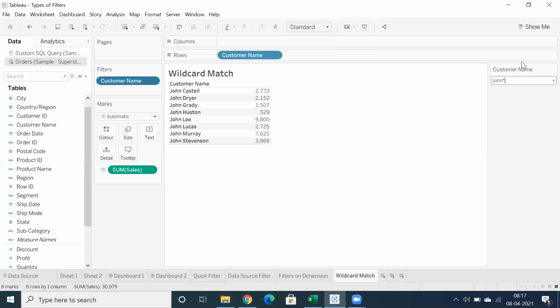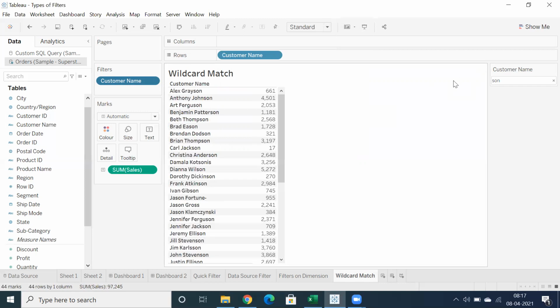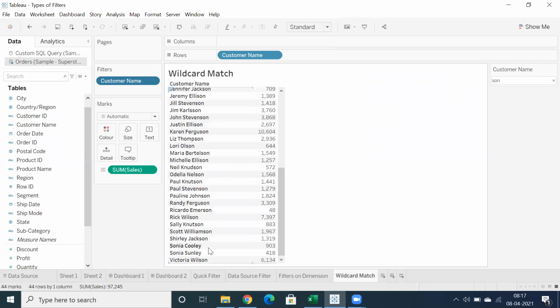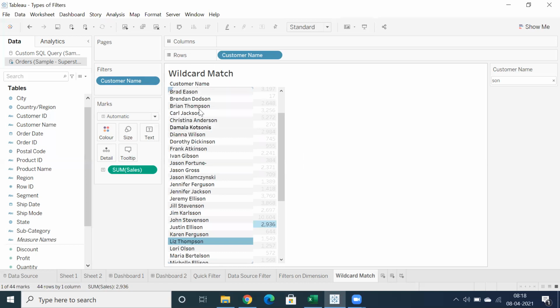And let's say my requirement is I want to fetch only the customer names that end with Sun. I don't think we have a naming convention called Godson, but we have Ferguson, Johnson, Stevenson, Thompson. All these naming conventions, correct?